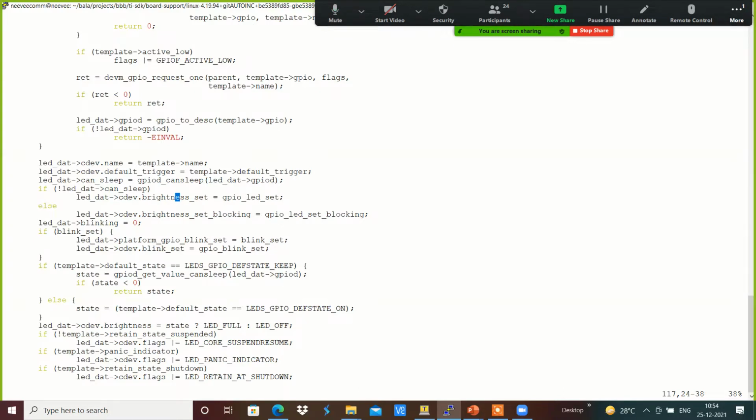For example, brightness underscore set, which has been linked to the GPIO LED set. Whenever we write onto that brightness, this callback function will get called. That we will see by writing a simple sysfs in our character driver. After that, we will come into the detailed one.